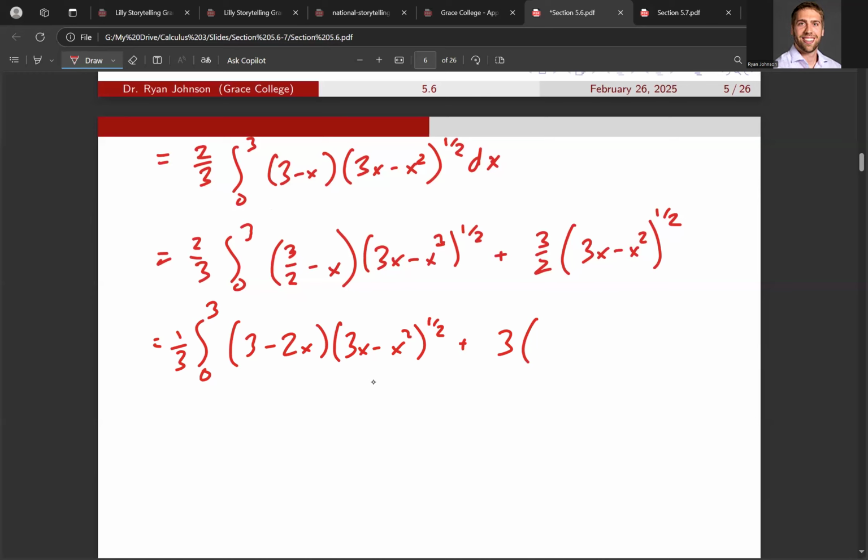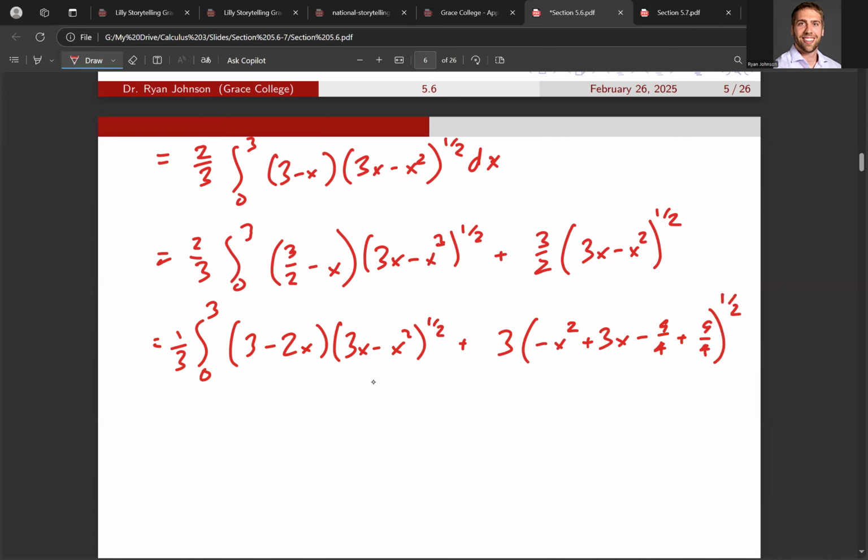So I need negative x squared plus 3x, and then 3 divided by 2 is 3/2. Squared is 9/4. So then minus 9/4 plus 9/4